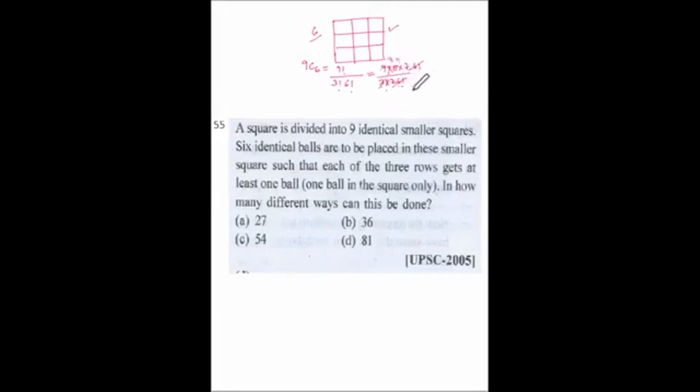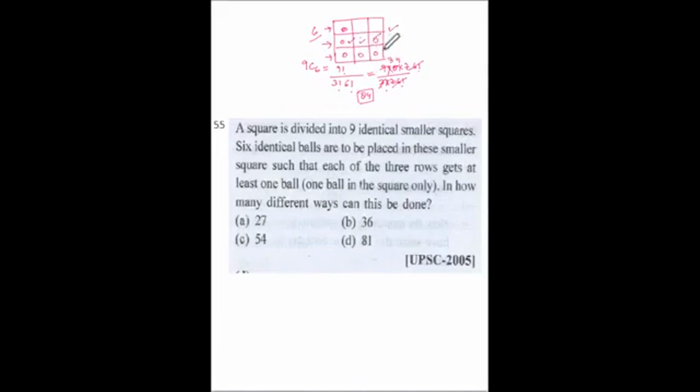So 12 into 7, 84 ways are there to put the 6 balls in these 9 squares. Now each of the 3 rows must get at least one ball. Suppose we put one ball in each row, and suppose this is the situation and this ball is not here. Now this ball may be taken from here or here or here. So 3 ways are there that we can take this ball, and this ball can be put anywhere